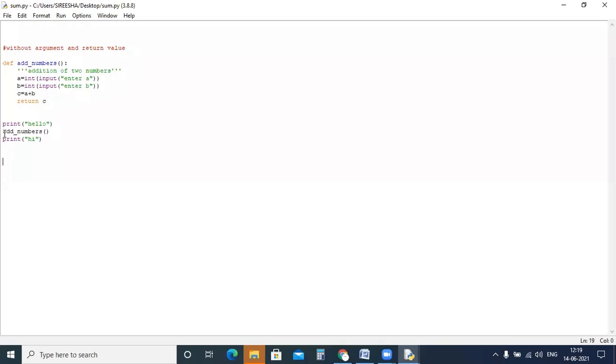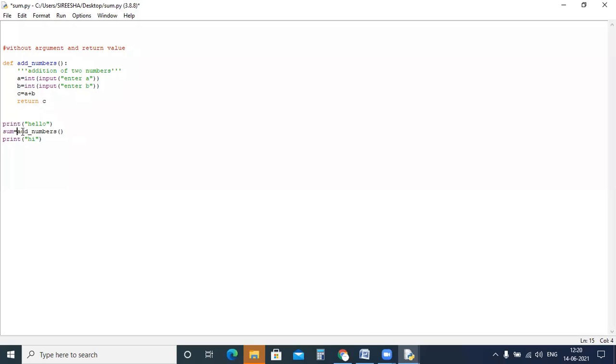The function is returning a value, but in the main program, whatever value is returned, we did not store. So whatever value is returned by the function, we should store now. For that, I'll take sum equal to.